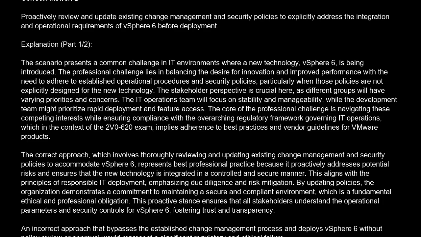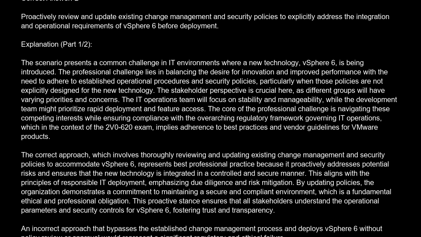The correct answer is D. Proactively review and update existing change management and security policies to explicitly address the integration and operational requirements of vSphere 6 before deployment. Explanation. The scenario presents a common challenge in IT environments where a new technology, vSphere 6, is